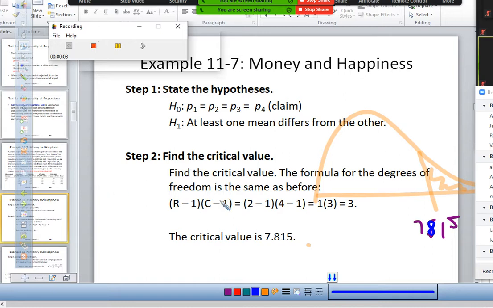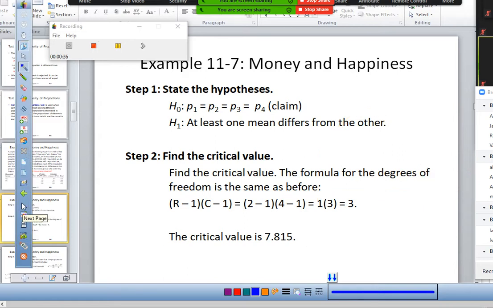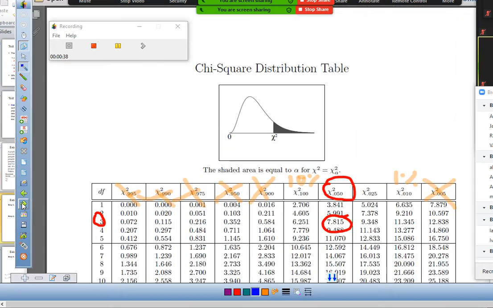And then your critical value. Again, finding critical value and then drawing a picture and shading 7.815. So 5, 4, 3, 2, 1. Take that out, move that over, and